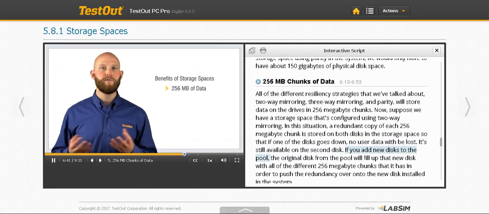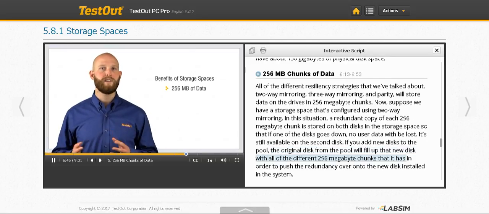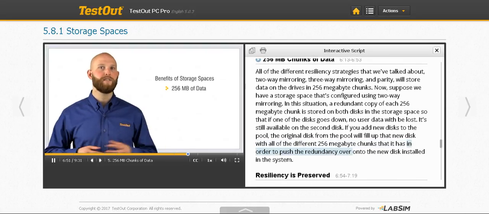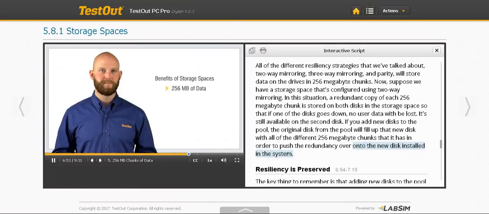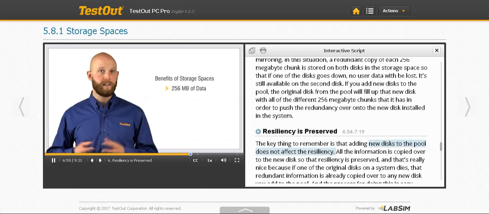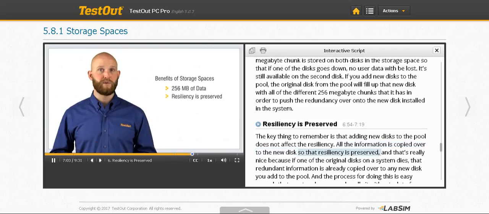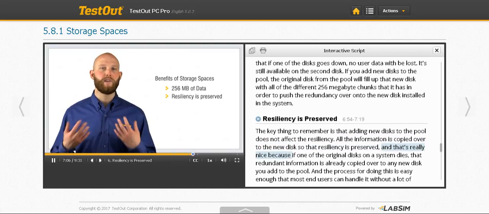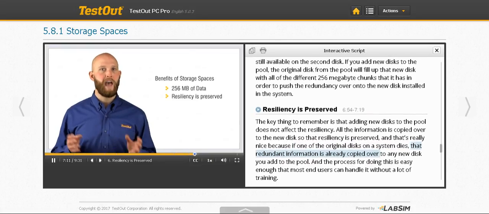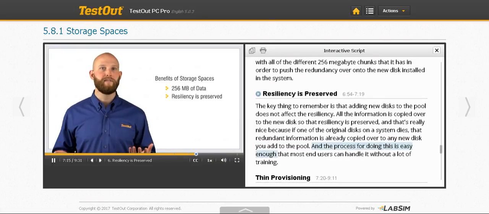If you add new disks to the pool, the original disk from the pool will fill up that new disk with all of the different 256 megabyte chunks that it has in order to push the redundancy over onto the new disk installed in the system. The key thing to remember is that adding new disks to the pool does not affect the resiliency. All the information is copied over to the new disk so that resiliency is preserved. And that's really nice because if one of the original disks on a system dies, that redundant information is already copied over to any new disk you add to the pool. And the process for doing this is easy enough that most end users